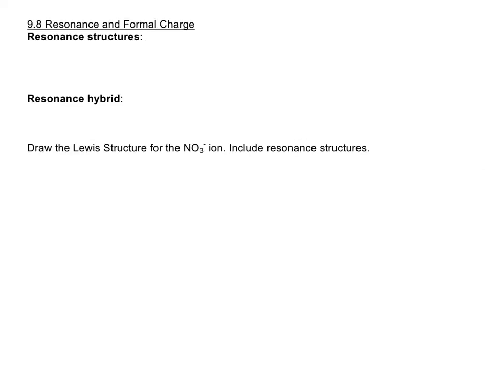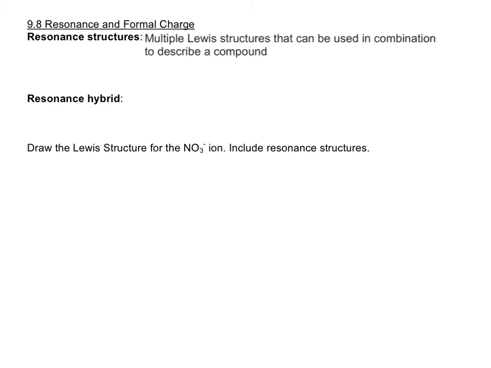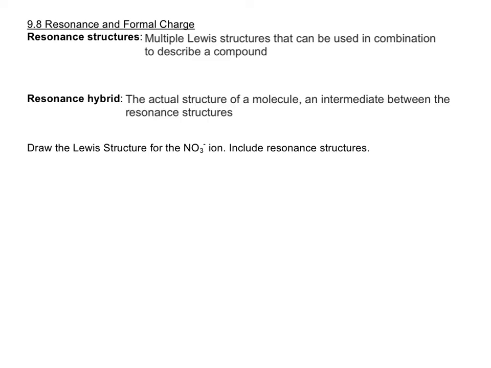So a resonance structure is a structure that we use when you have multiple structures for a Lewis structure that give the same general outcome. And the actual structure is called a resonance hybrid. So it's really an average of all of the different resonance structures. So let's go ahead and draw the resonance structures for NO3 minus, and we'll talk about what the resonance hybrid